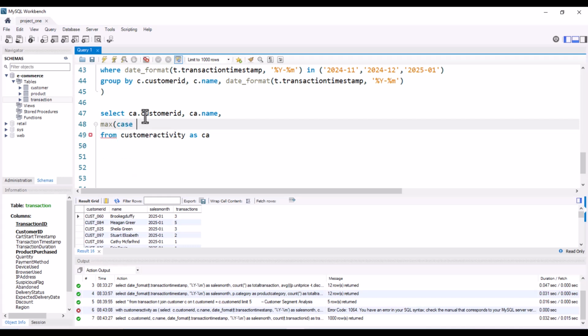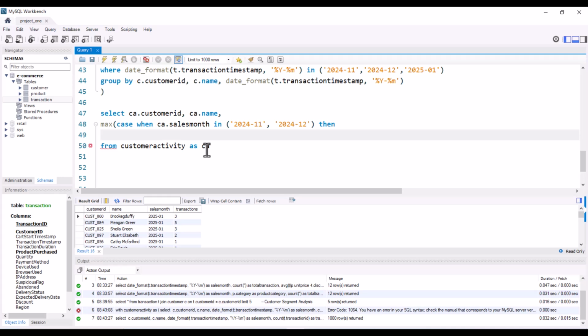Let's simply have a case statement here. When we have our CA, that is our table, the sales month, which is this. If the sales month is in, let's say he has been buying from November, that is 11, and 2024 December, then we can simply say this customer is loyal to us by returning the number of transactions made by that customer,